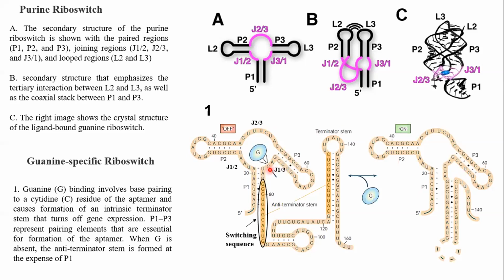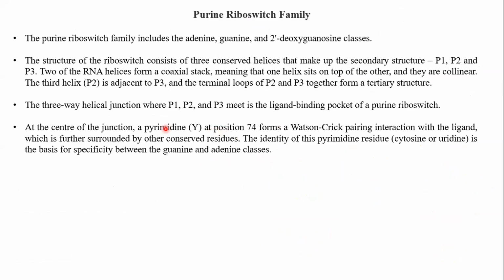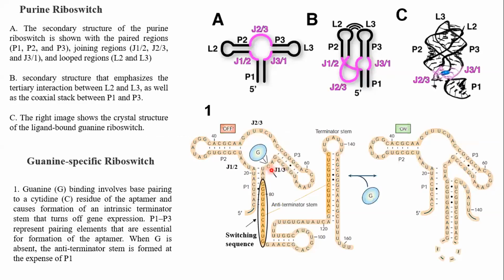Now, look here, this is the cytosine nucleotide in this riboswitch. This cytosine nucleotide is interacting with this G. Okay. Now in guanine, see here, this pyrimidine is Y, position 74, from the Watson-Crick base pairing. So even if you count, this C comes to be at the 74th position. Here they have numbered it 20, 40, 60, 80. So if you count, it is actually at the 74th position. So the 74th nucleotide interacts with the guanine, and this C74 is specific to guanine.